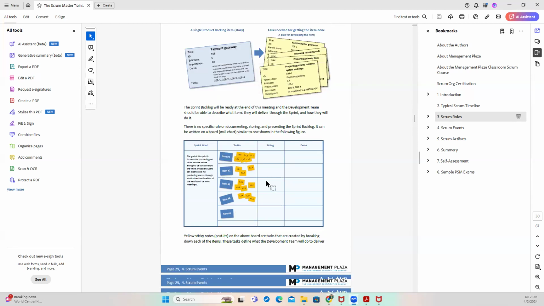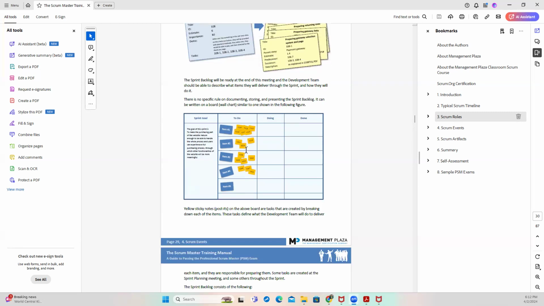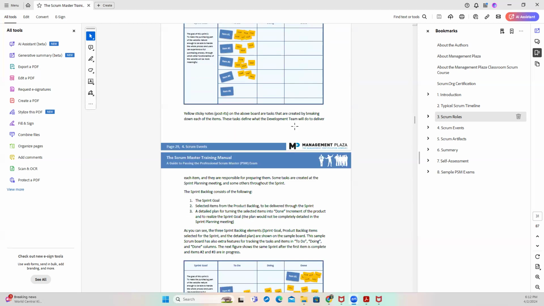little items here. That's why you see item number 1, you have 1.1, 1.2, 1.3, 1.4. Item number 2 has been broken down, meaning that it's like an epic. An epic is a very big story that is broken down into little bits so that it's worked on easily by the team. So they have broken this all down. You see doing and then done. That's how our Jira boards look, right? So during the sprint planning, that's what they are doing.